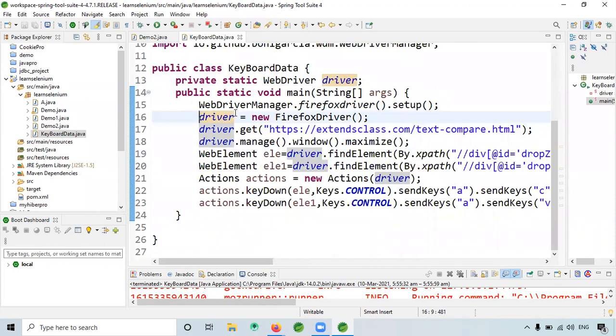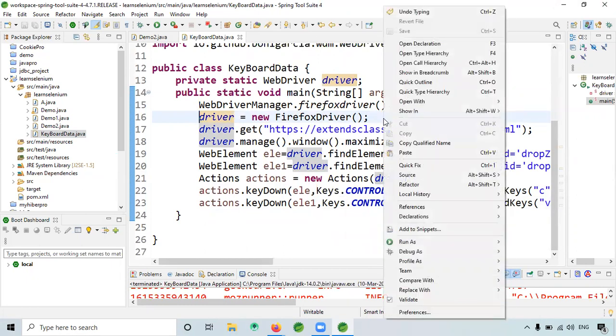Okay, so the next concept is wait. It's a very, very important concept. Whenever we want to do drag and drop, we use the Actions class dragAndDrop method. But when we want to do something like copy paste or any other keyboard operations, we use the keyDown method from the Actions class. A lot of times, for example, if I click this but the mouse is actually down, we have a copy paste option, right?